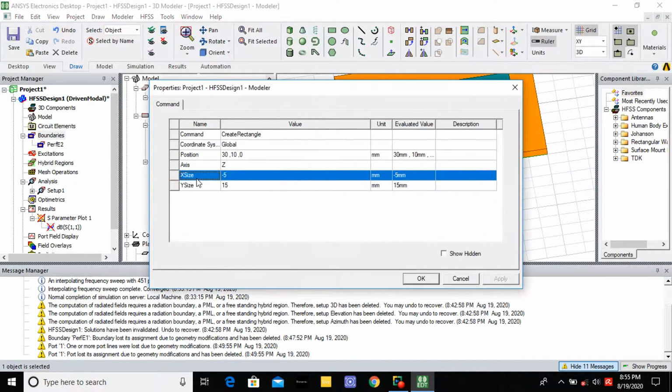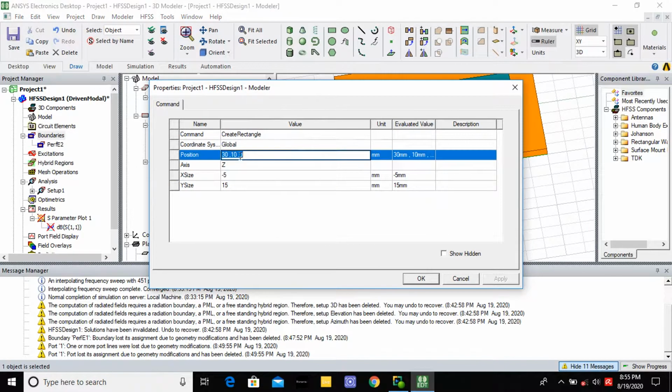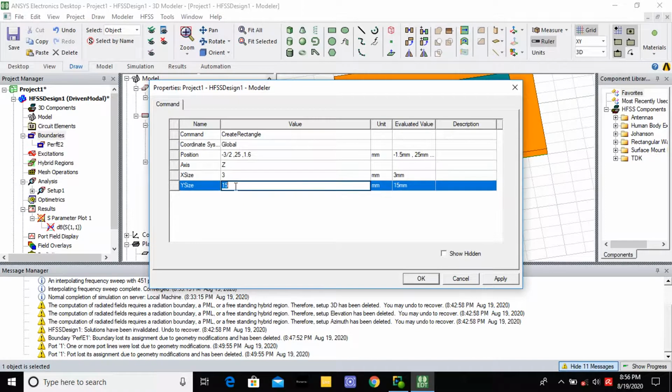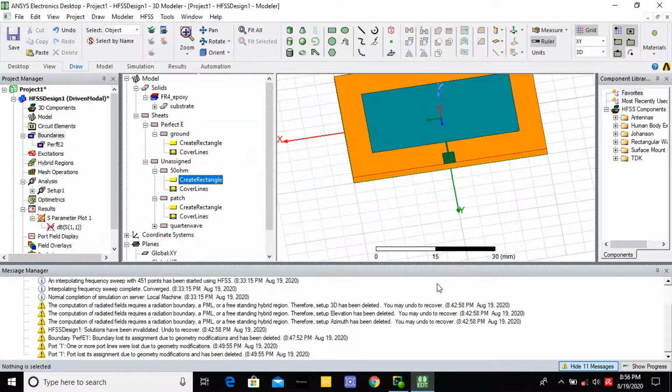After that, for that 50 ohm line, you have to give the position, length and width of that 50 ohm impedance device. Position is minus 3 by 2, comma, 25, comma, 1.6. Then the width of the matching device is 3. Then the length is minus 5.25. Then you give apply, then you give OK.